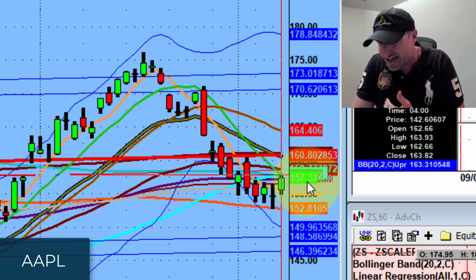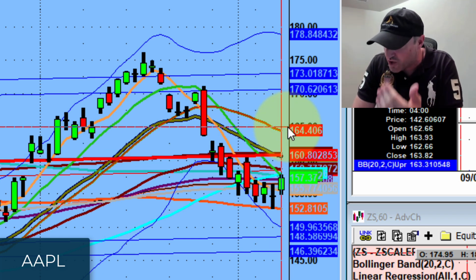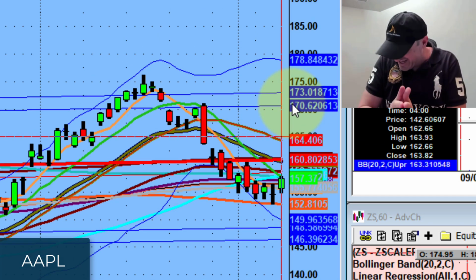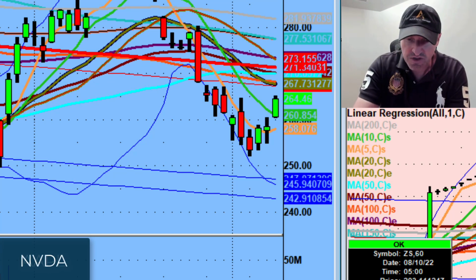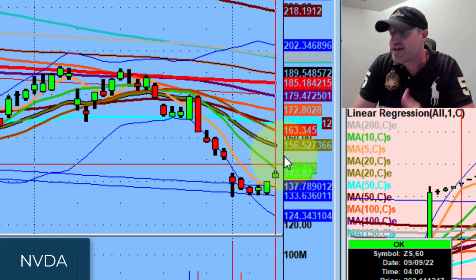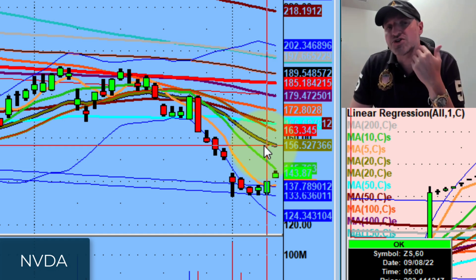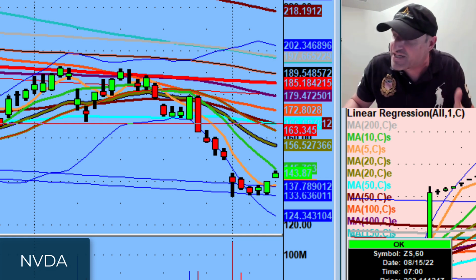For Apple to get daylight, it's going to need to close above 161 to really start stretching to 164. So our job, and again, there's a slew of stocks like that, right? You got Microsoft, you got NVIDIA, a lot of supply ahead because they got technically damaged. So our job this weekend is to find the stocks that have the biggest daylight.